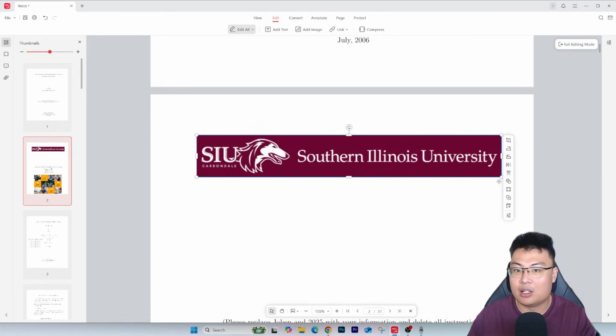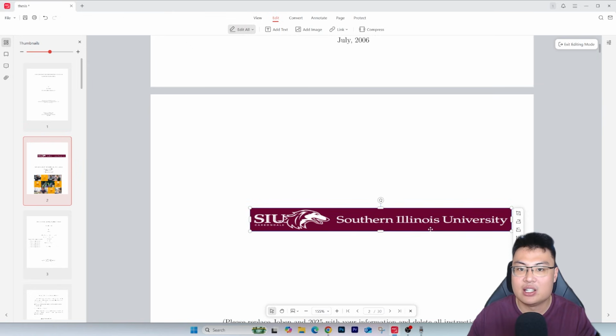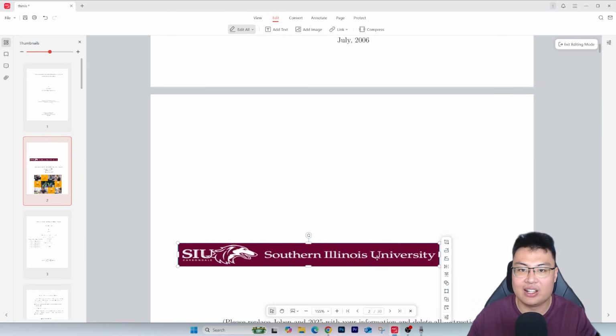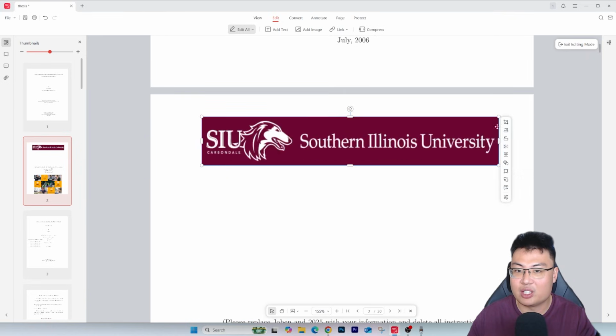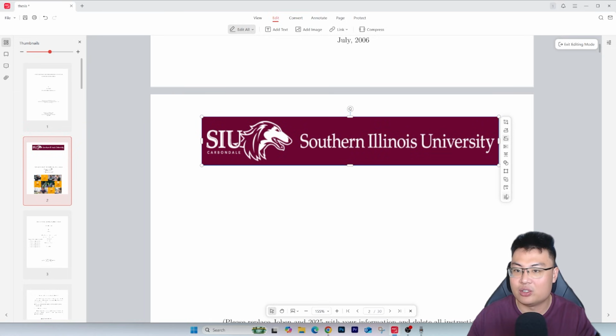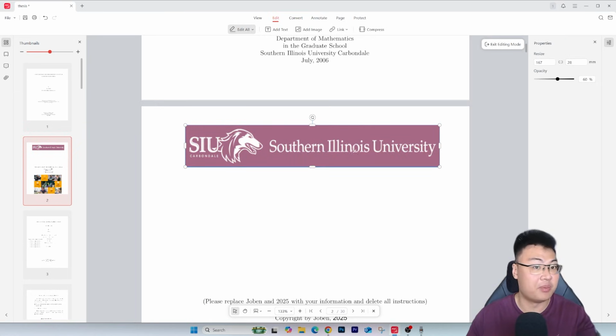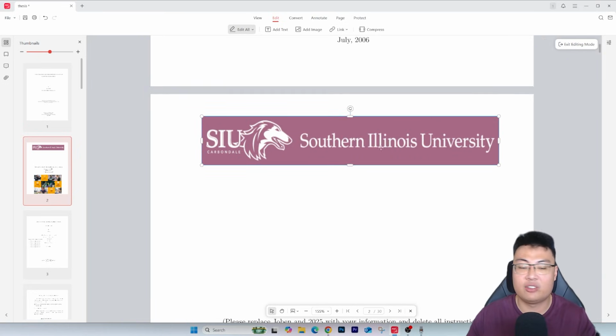Alright, you can resize the image, you can see I can easily resize it and drag it around. You can do whatever you want with the image, and you can also flip it up and down, and rotate it. And you can also adjust certain things on the image itself. So they have a lot of things that you can do with images and with text itself, which is really cool. And yeah, it has everything you need to edit a PDF file,